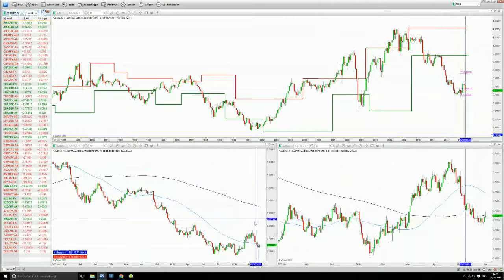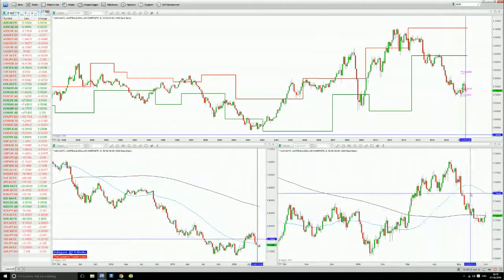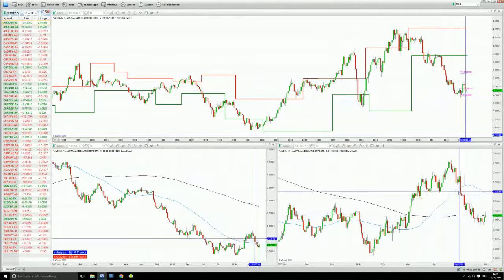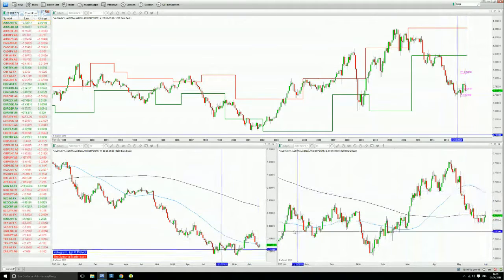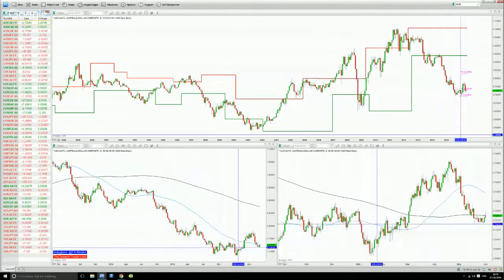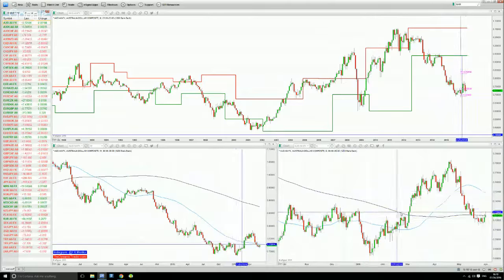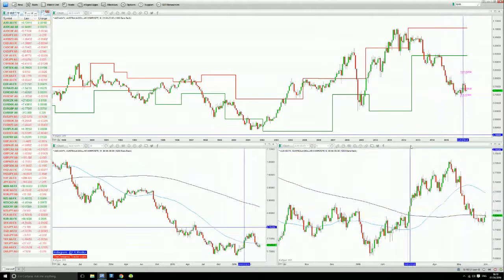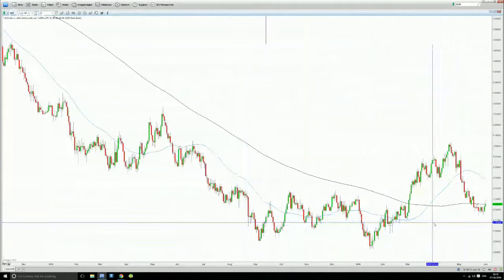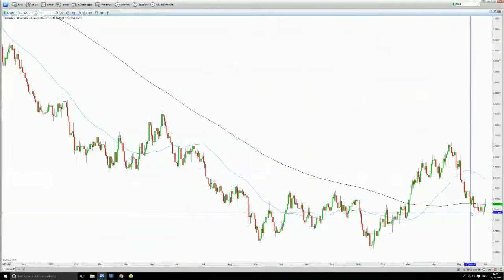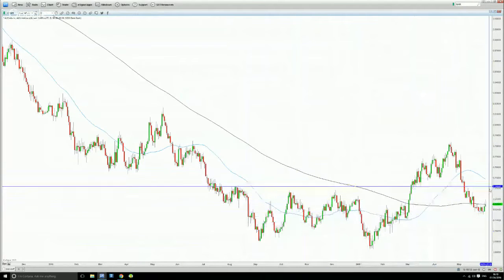But price is below the 200 and it's around the 50 level. Price is below the 200 and below the 50 level. So we are starting to see alignment between the weekly and the daily. Price is really sort of testing the 200. Look how flat the 200 is. On the daily chart, you can see that the daily is just going sideways and the 200 is flat, and the 50 is generally sort of sidewinding.